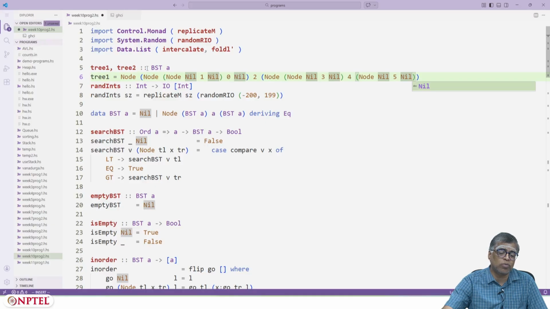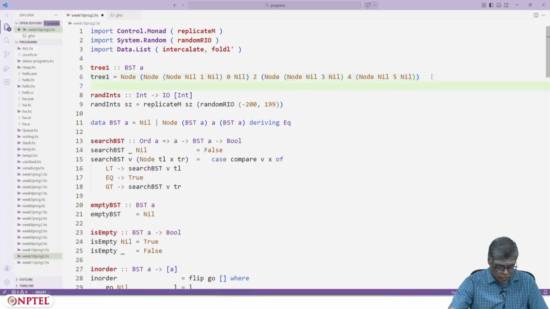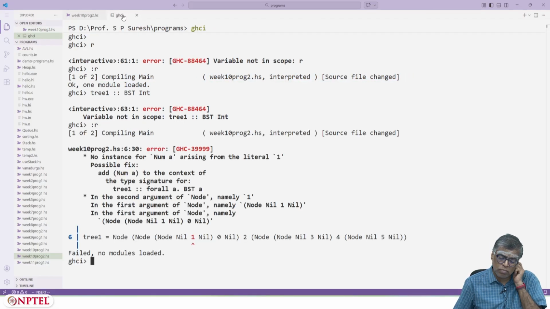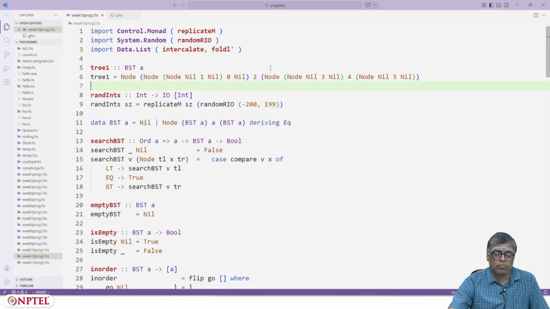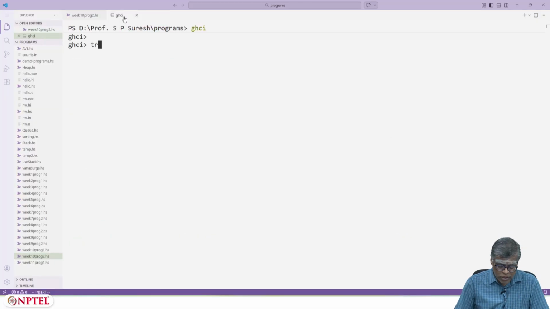Okay, this example is enough. I don't need a tree two. So I have declared tree1 to be a BST of Int.